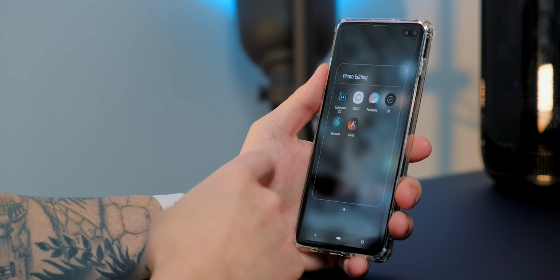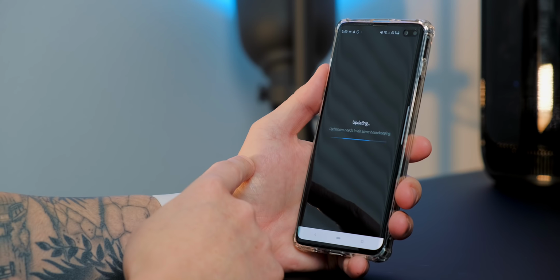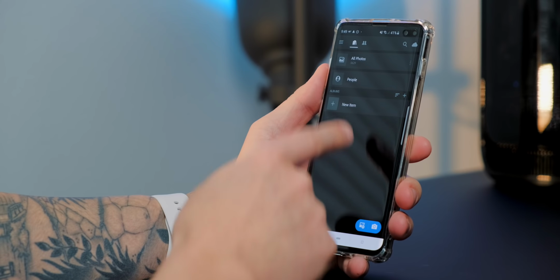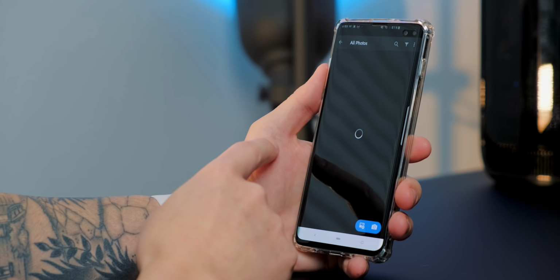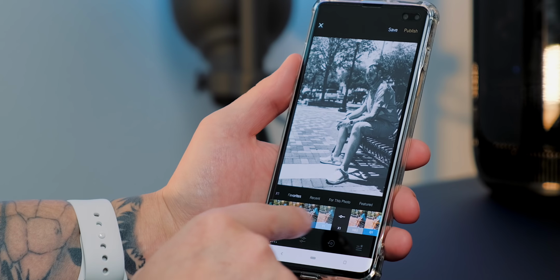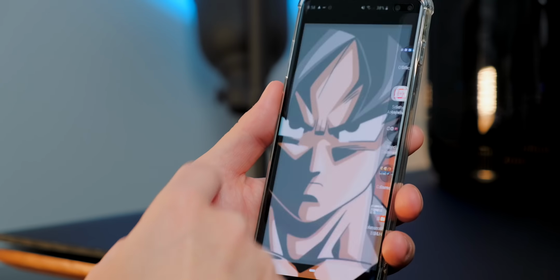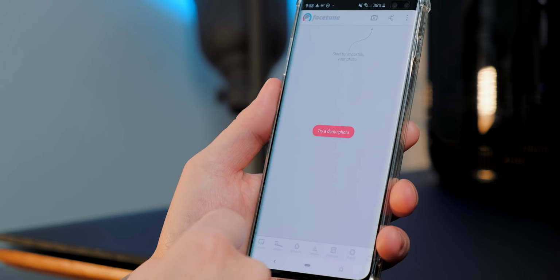For photo editing, I use a handful of apps. Basically, my workflow for Instagram goes something like this. I use Lightroom for all of my correction, and that includes things like white balance, exposure, the basics. And then I take that photo, export it, and then import it into VSCO Cam, and that's where I do my grade and styling. I rarely use Facetune, however there are times that the app comes in handy,